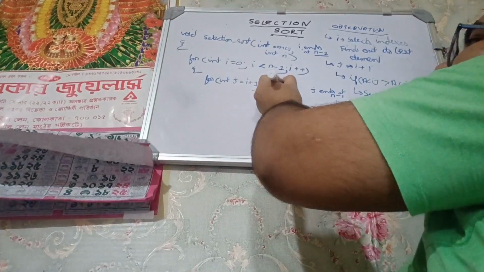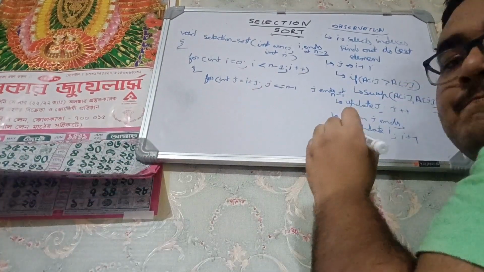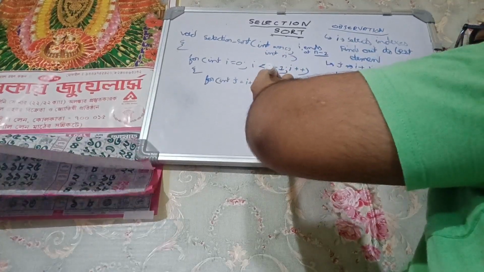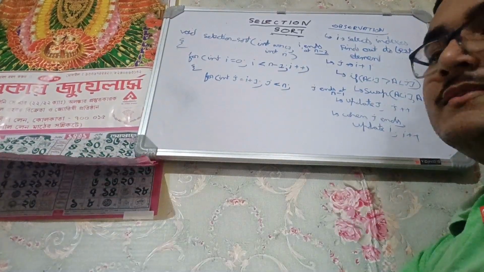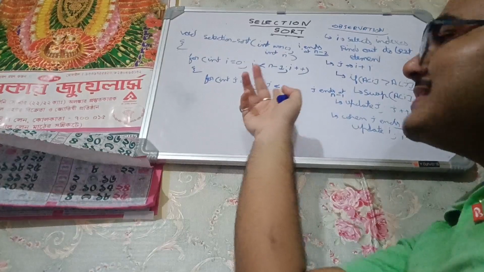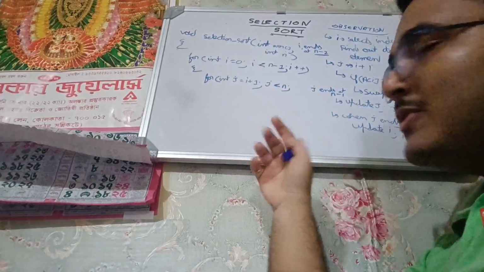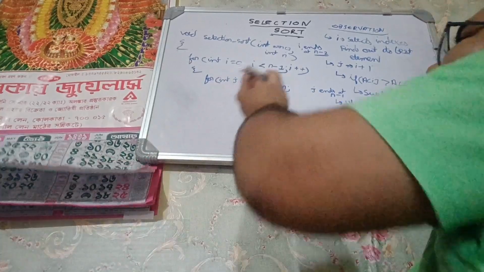Either we can write J less than or equal to n minus 1, or better, to look good, J less than n. Same thing, because less than means just 1 before n. And J plus plus,